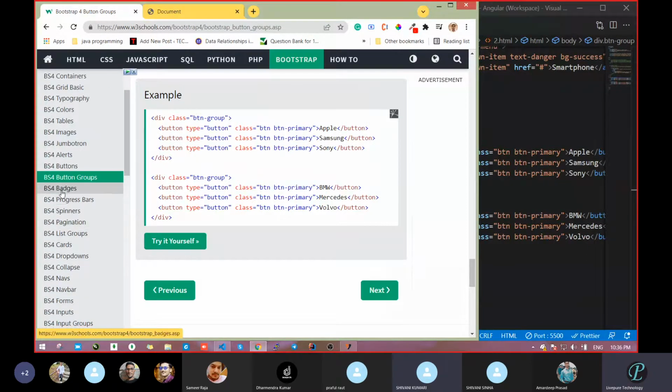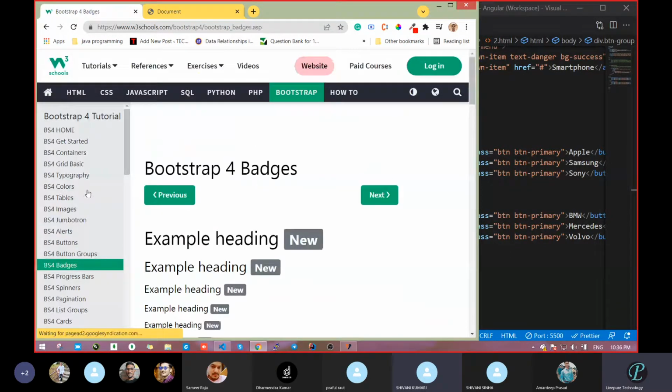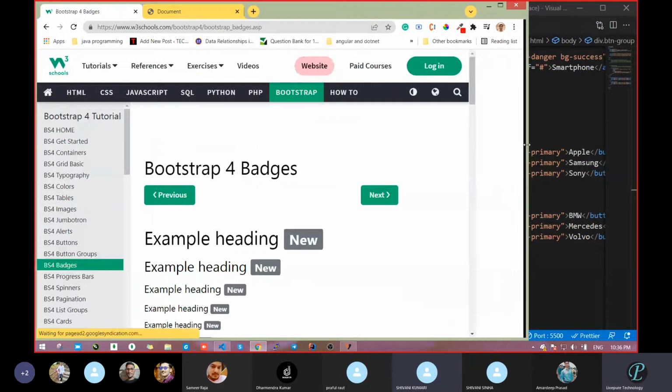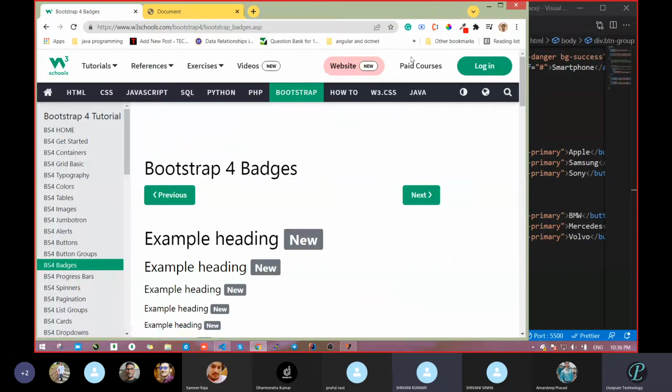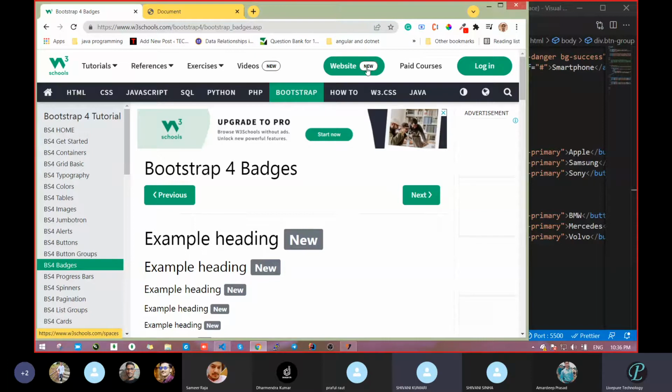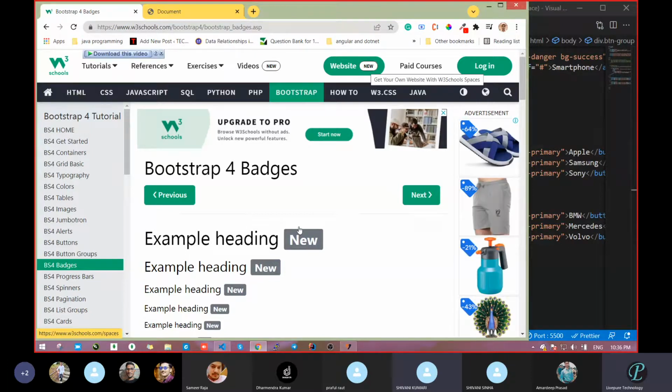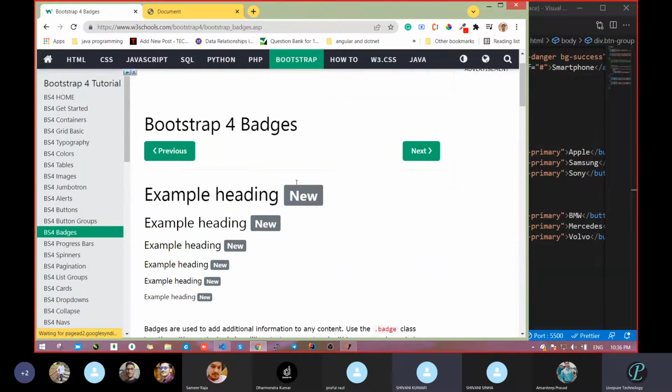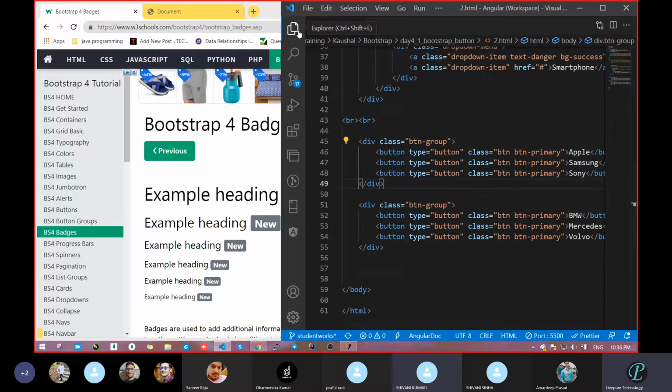Next, this is a very interesting thing. I will go up to the progress bar fast. You will get more and more ideas. Had you seen the navigation bar? See this section itself, this website, and this new tag. How will you get this? With the help of this one. New is there. Badges. The topic name is badges, but you can spell it badges or badge.